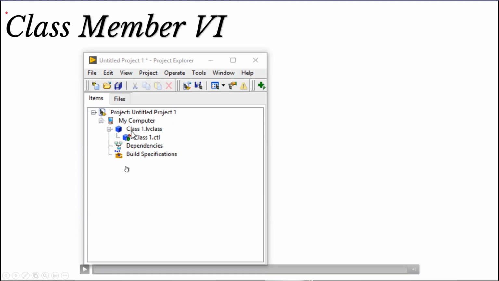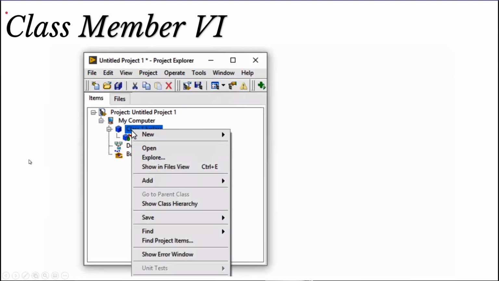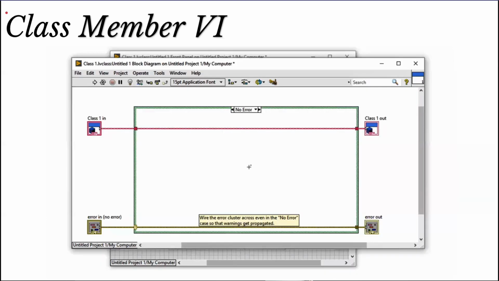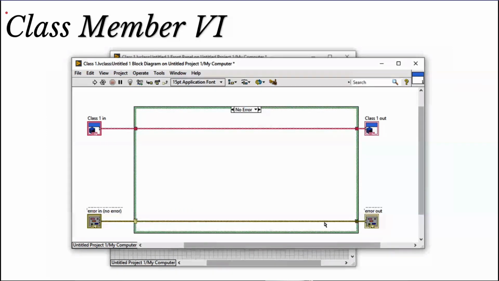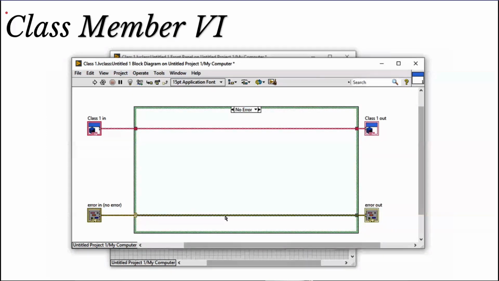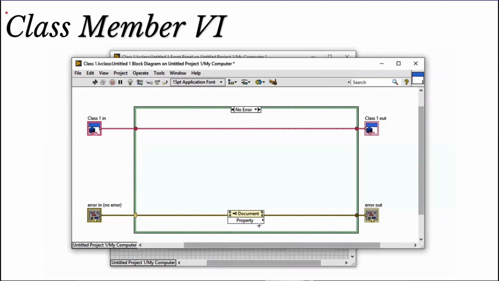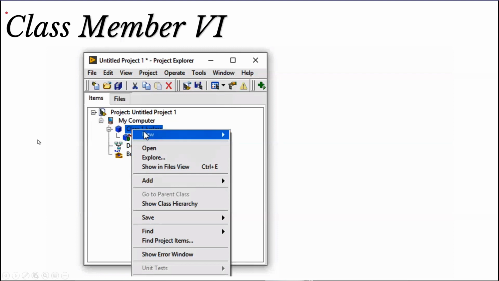So this is the current situation before I updated the template, where I right-click a class, go to new, static or dynamic dispatch. I then end up deleting this comment and dragging this error cluster up. And so that's how I can put things like property nodes or invoke nodes on that error wire. Now, 10 points if you can tell me what the quick drop shortcut I used there was. But instead of deleting that label and moving that error wire up every single time, I instead